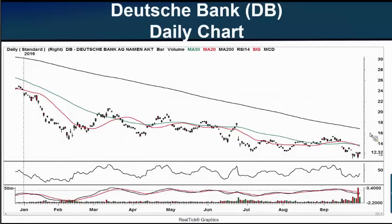Our next stock here is, and this is a stock, not an ETF. It's unusual, but we need to look at this right now. We don't usually look at stocks in this program, but we are today. This is a daily chart of Deutsche Bank. As you know or may not have known, Deutsche Bank made a low. It might have been an all-time low yesterday at